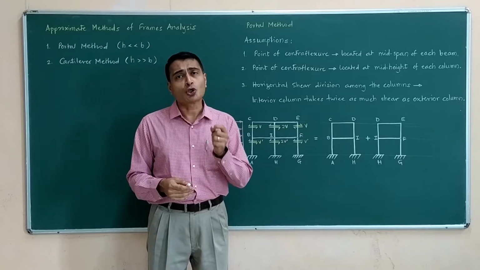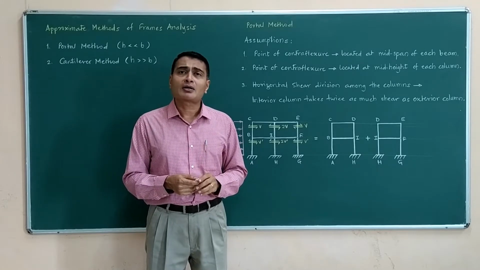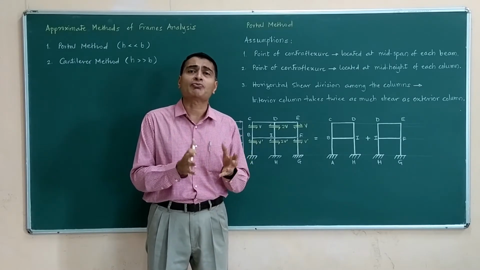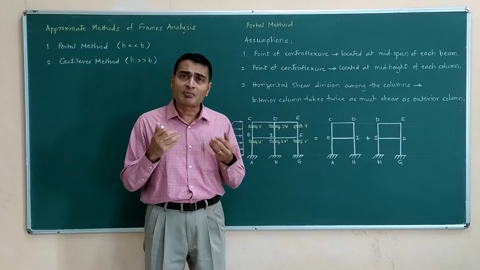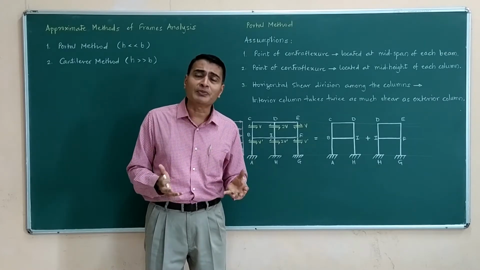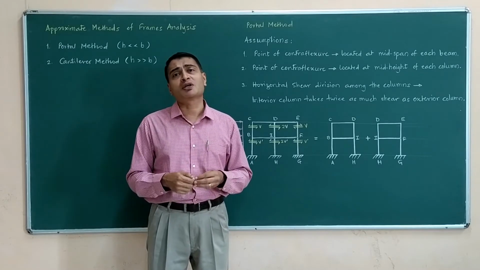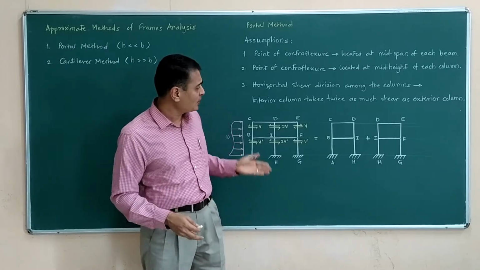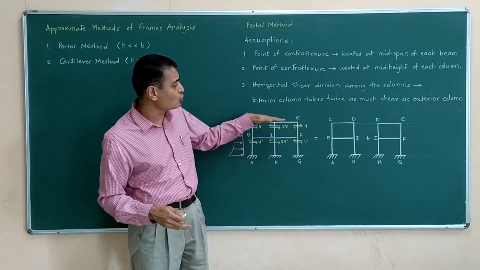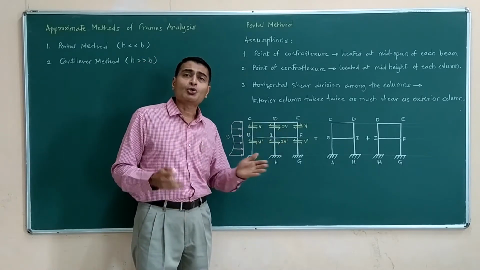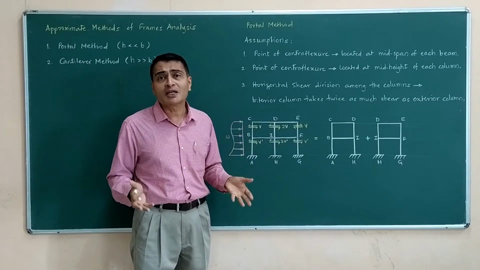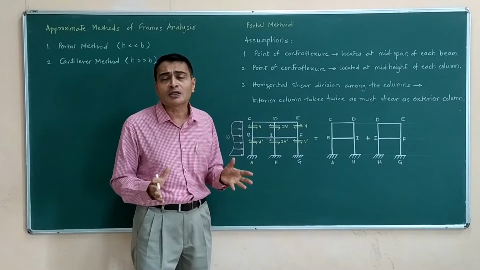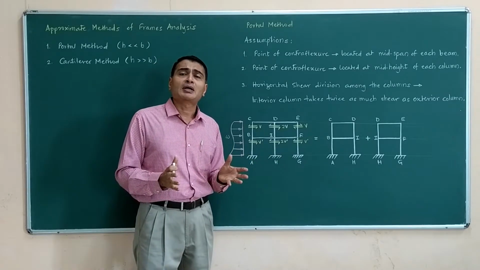So within the framework or constraints of these assumptions, those methods are no doubt accurate methods. However, there is a small drawback. They are efficient only when you have a single story, single span frame. If you have a multi-story, multi-span frame, then applying those methods becomes extremely difficult, impractical, cumbersome. For example, if you have a frame like this where you have two stories and two spans, you can readily imagine that applying flexibility method or moment distribution method will become extremely difficult and extremely time consuming for such a